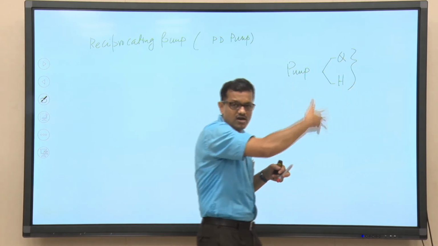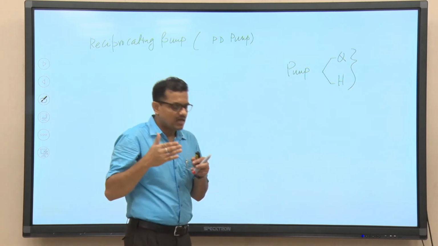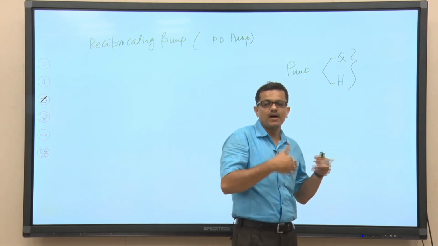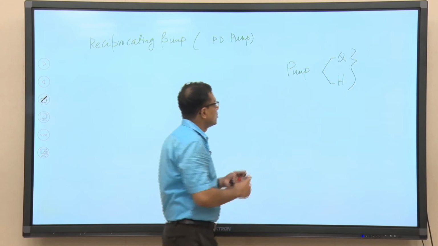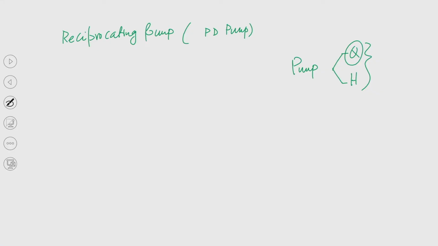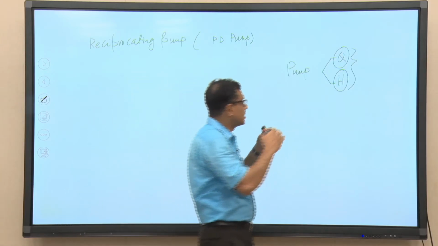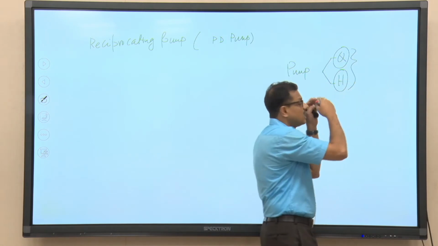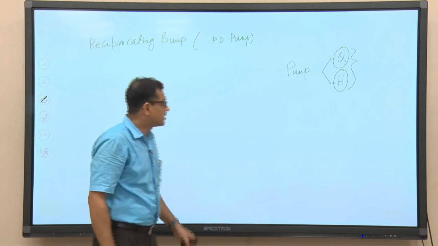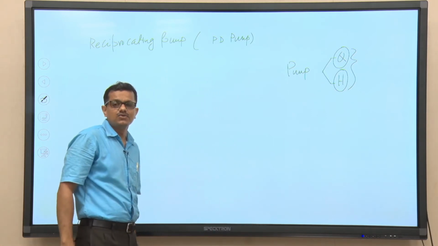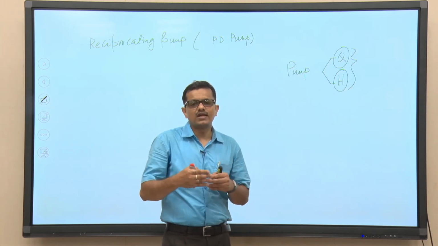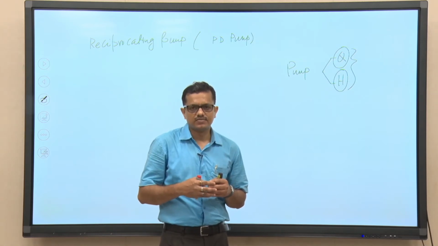Now, in all the practical applications, either we need higher discharge with low to moderate head, or vice versa. So, depending on the requirement, which is definitely dictated by the end user, where this pump will be installed, either this quantity or this quantity, depending on the physical requirement of the flow rate or the head that will be developed by the pump, a particular type of pump is selected, right. So, we have seen that the radial flow pumps are used in areas wherein we need low to moderate head and also moderate discharge.